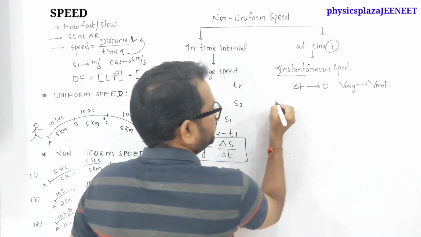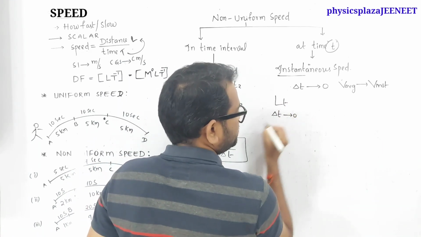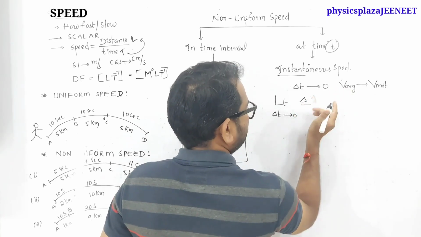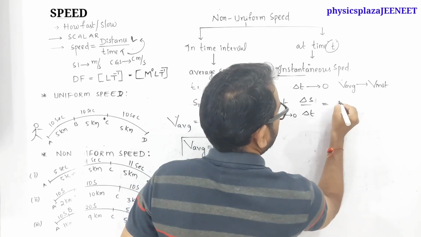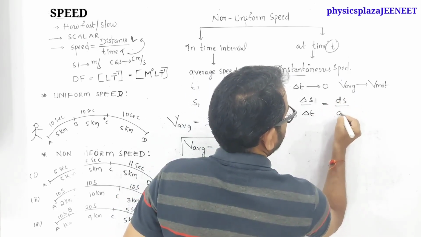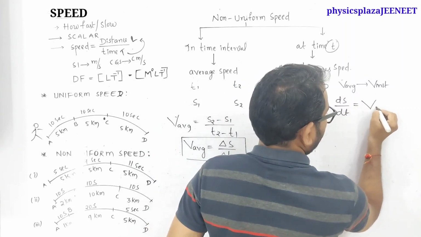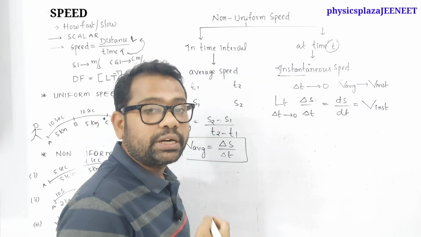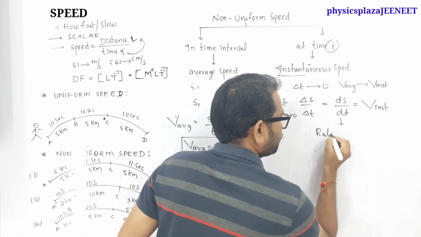So how can we write? Look here. So limit delta t tends to 0. So then delta s by delta t can be written as ds by dt. So this only we can call a v instantaneous. What, children? Speed. So this is actually the rate of change of